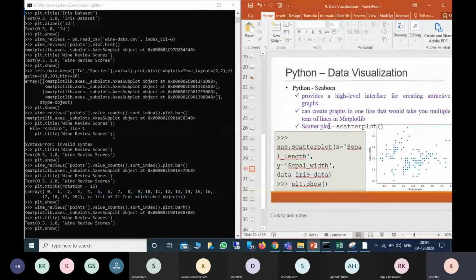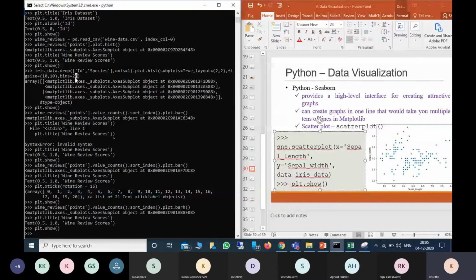So now the final one which I am going to explain to you, in the visualization. This is more advanced and simplistic compared with the Matplotlib and Pandas visualization. I will explain some advantages with this one while we are going through it. So first, it provides a high level interface for creating attractive graphs. So you can create graphs in one line rather than multiple lines, which we did earlier. So I can compare that one with this one. So for example, this scatter plot, what we can do is, everyone please import the Seaborn package first.